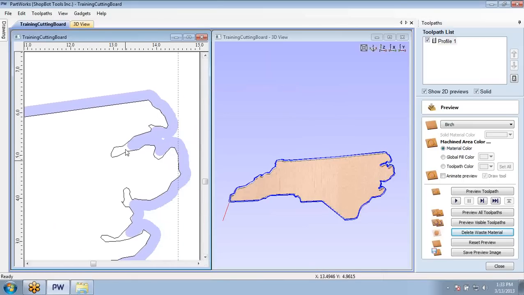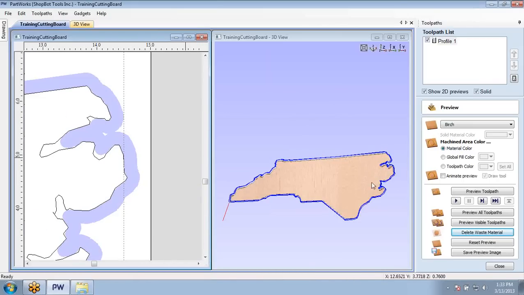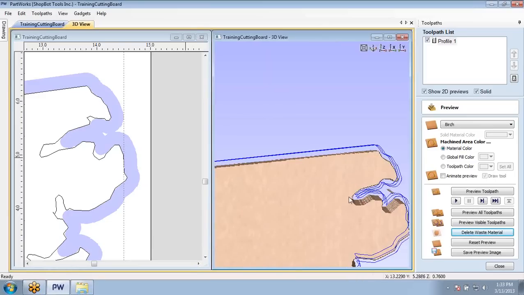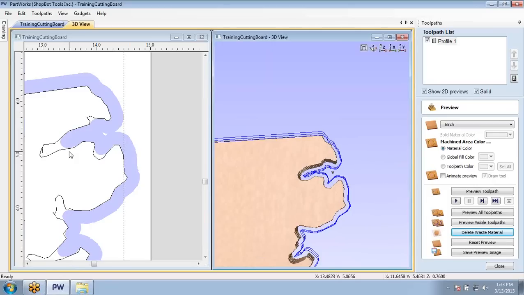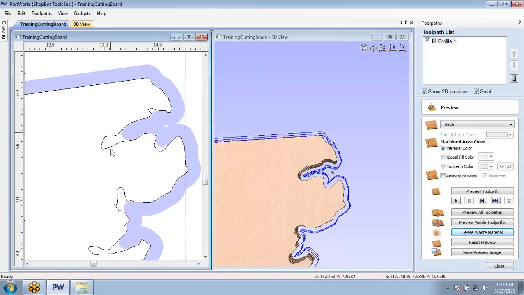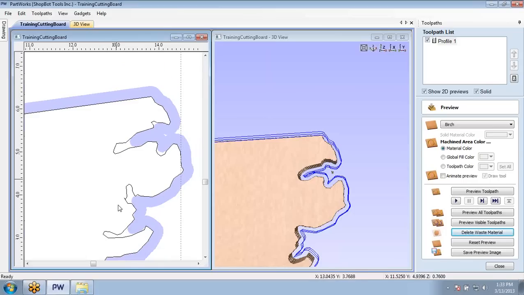So it shows me that I can't get all the way in there with a 1/4 inch bit. So I see that in 2D. And I'll come over here and check that out in 3D, and sure enough, it shows I'm not quite getting it in there. Is it making a big difference? For this application, no. It's a cutting board, and unless you live down in that bay and know how deep your actual bay is and get offended we cut off your part of the inlet there, it's really not a big deal. But